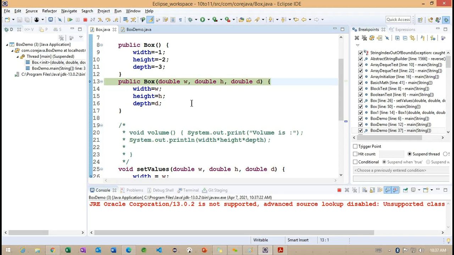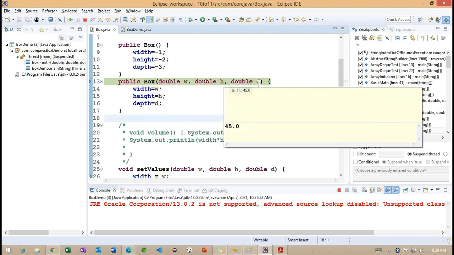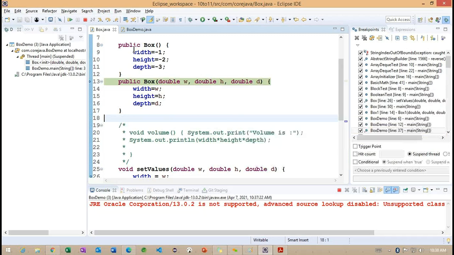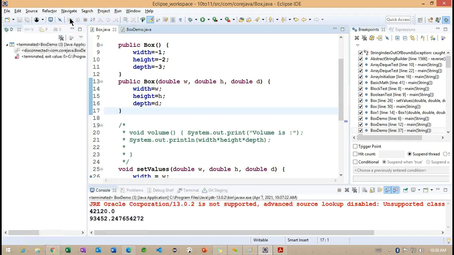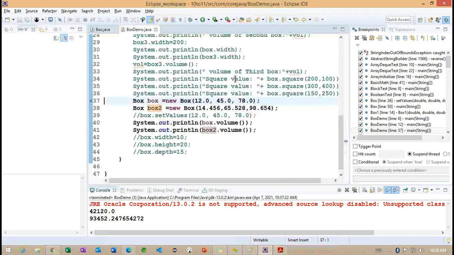Now you can see the particular box constructor is trying to execute here with the reference called box. Now we identified the values width 12, 45 and 78. So again, we are initializing into this particular depth here. So this is a different object. Okay, sorry, I want to provide a different